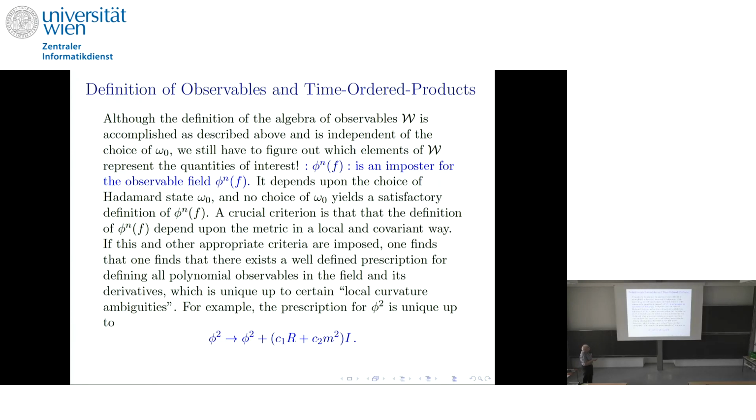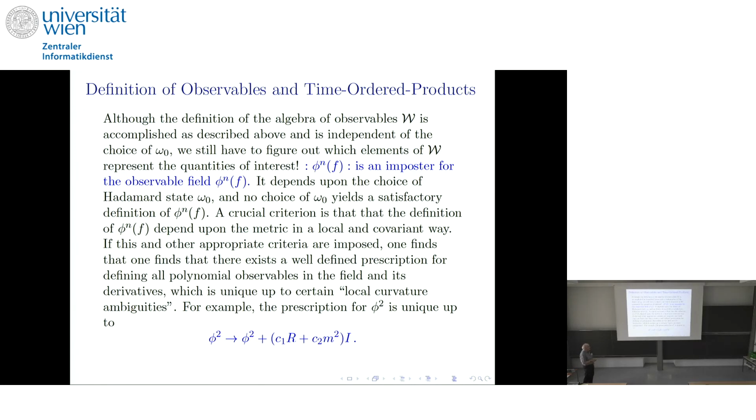So this isn't doing us any good directly, but the idea is that we've made an enlarged algebra of observables that's big enough to find the things we want, which is this. All we have to do is write down what we're looking for, a list of criteria of what this phi n should be, including its commutation relations, and most importantly, including that it should be local and covariant in the metric, which this is not. And one can thereby prove that